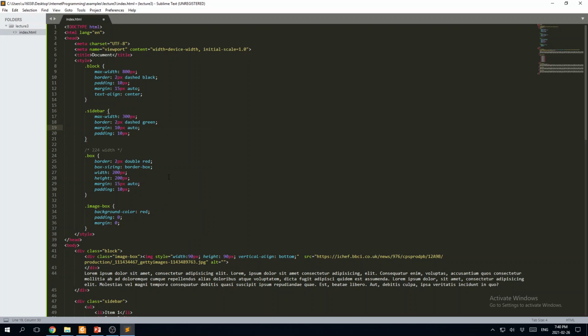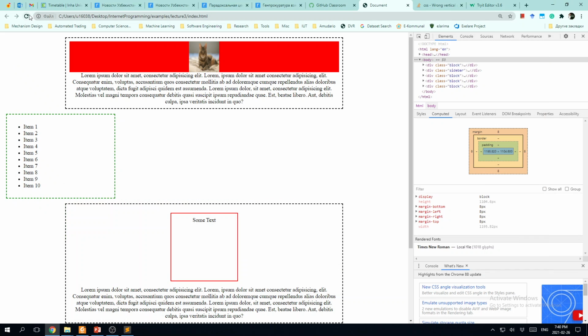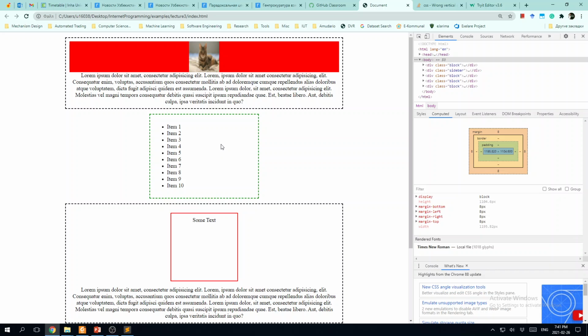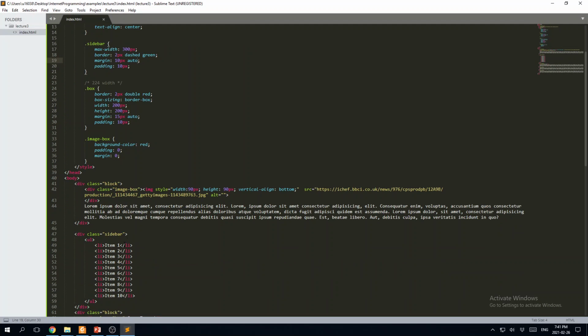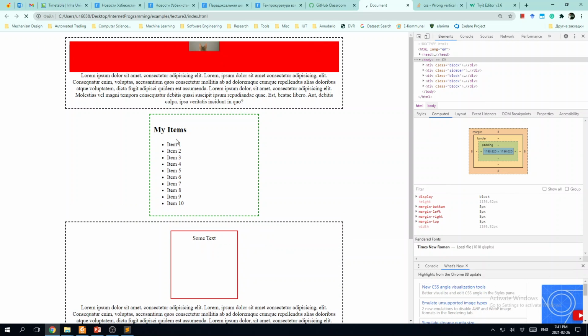So you want to see that in the same flow. You can see that this is appearing here, and it's following the same path, like vertical direction, right? So now if I go and apply to this green box, let me put some heading here, my items, something like that. If I apply float into this particular box, okay, what I